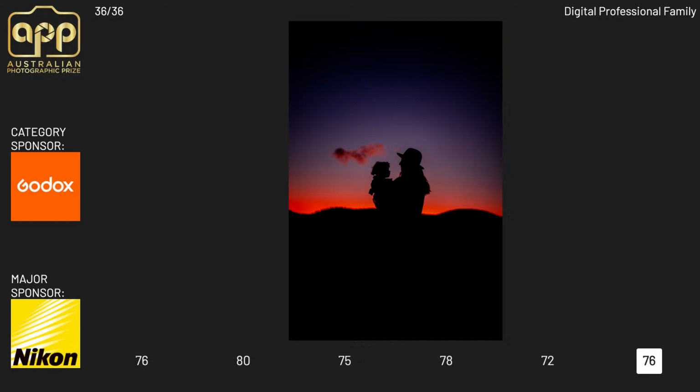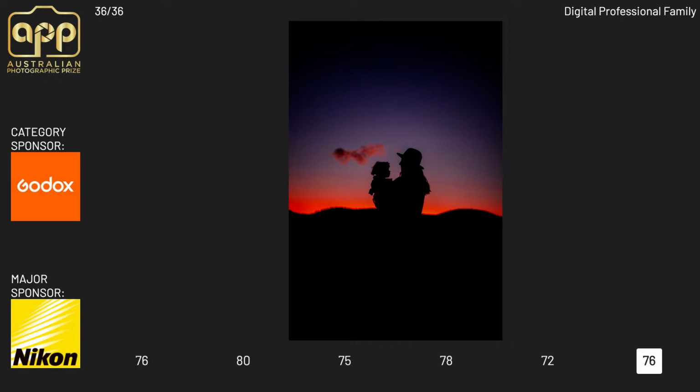Thank you, judges. We have a score of 76. And again, you're all really quite close there. Alan, can I get a comment from you, please? You've done really well with your silhouette here. You're getting the faces in perfectly, so they're actually looking at each other, so you can see the full silhouette of the faces. I think your composition within this frame could be better.